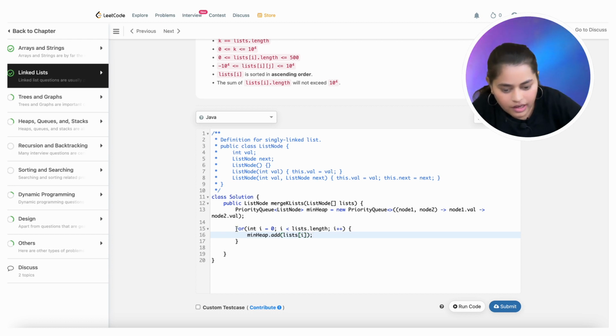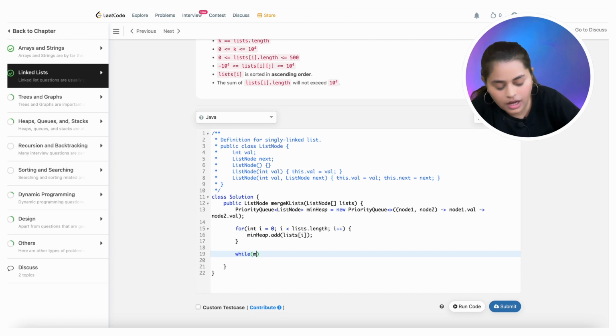So now we have created a min heap having all the k head nodes, right? After doing this, we'll do some tasks until the min heap dot size becomes 0. So if it is not equal to 0, we'll pop the minimum node.